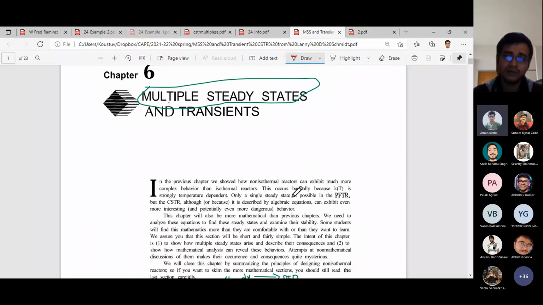So non-isothermal operations are more common. In fact, hardly any operations are done in industry in an isothermal manner. So one should definitely understand this, not only from the reaction engineering point of view, but from the process modeling point of view,